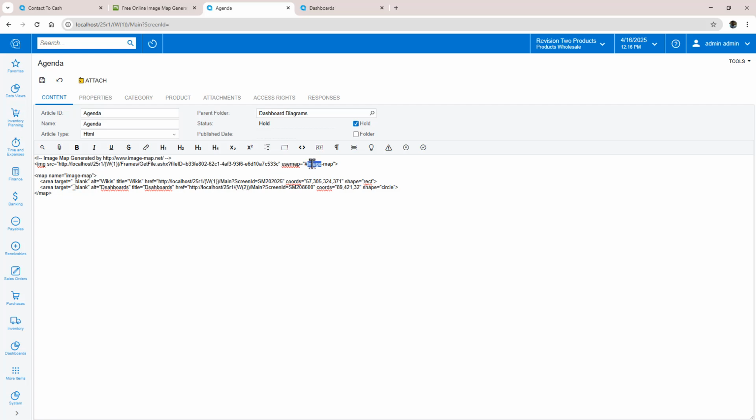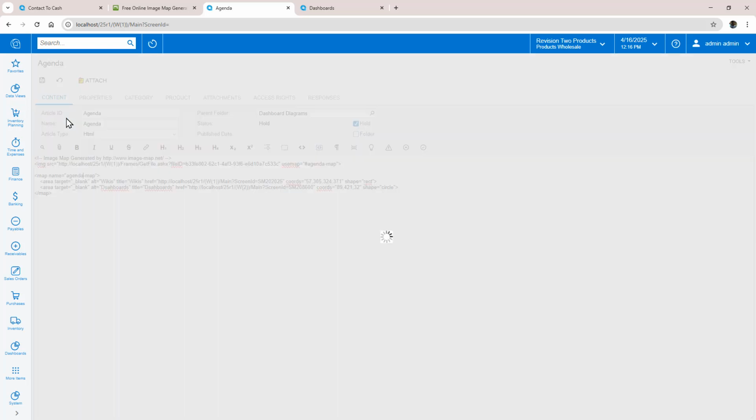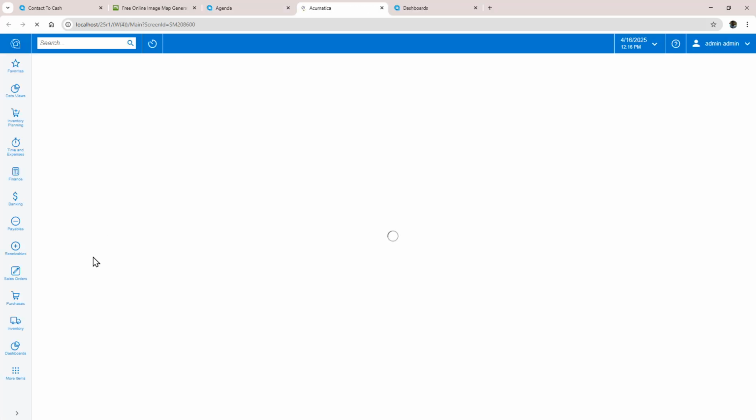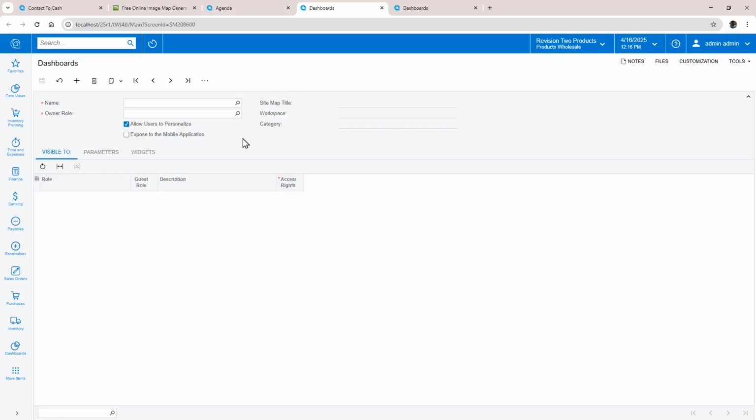There's this thing called image map. You can keep that if you want. I'm going to call it agenda map just for something different. I don't think that matters. And I'll hit save. Now you can see if things are going well by when I move my mouse around over one of those hotspots, you can see it changes and it's going to actually link to it. So if I click this, I expect it to open in a new tab,